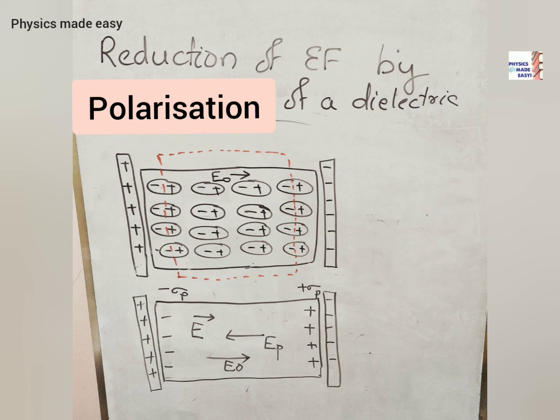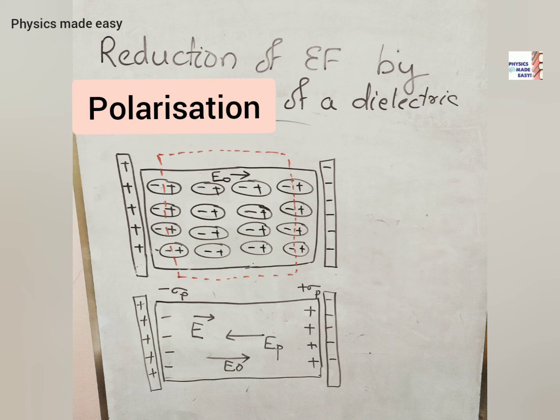Its molecular dipoles align themselves in the direction of the electric field. That is the reason for uniform polarization of the dielectric. That means every small volume of the slab has a dipole moment in the direction of the electric field. Positive charges of the dipoles of the first vertical column